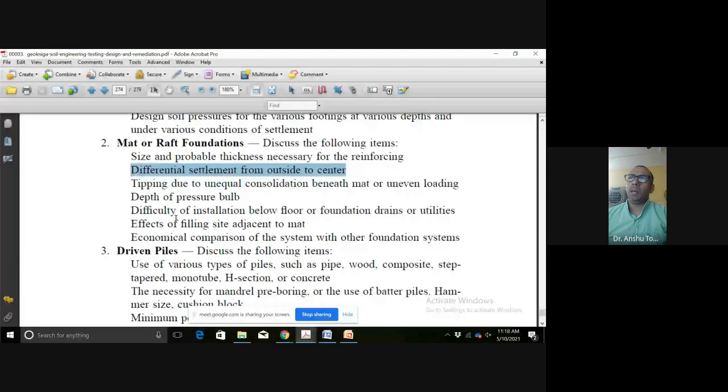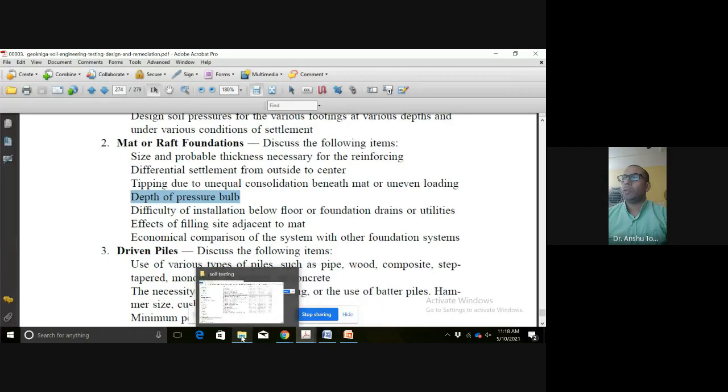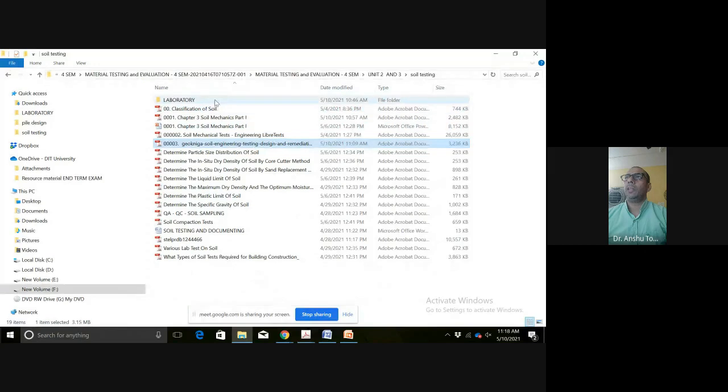Depth of pressure bulb: to how much depth the foundation you are suggesting will be covering the area, because the pressure bulb is going to tell. I would like to open one of the possible